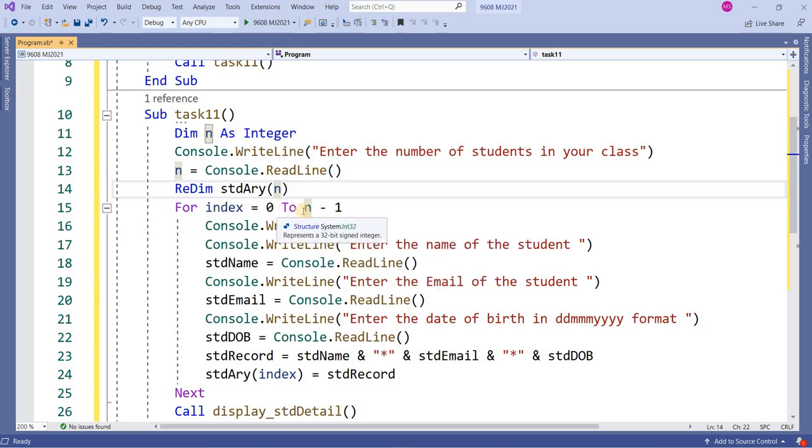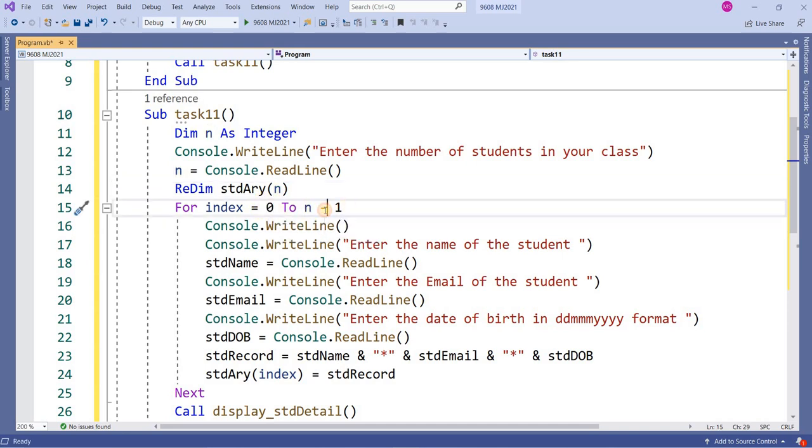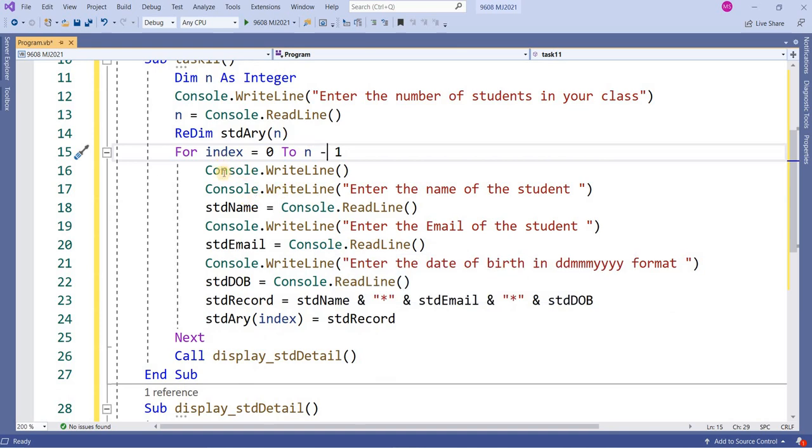For index equal to 0 to n minus 1, because if you enter the value of n as 4, it means you will have to move from 0 to 3. In each iteration it will ask you to enter the name, the email id and the date of birth. You are saving all these inputs to the respective variables: name, email and DOB, date of birth.